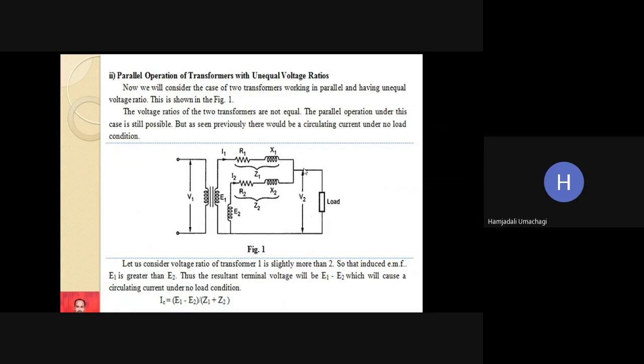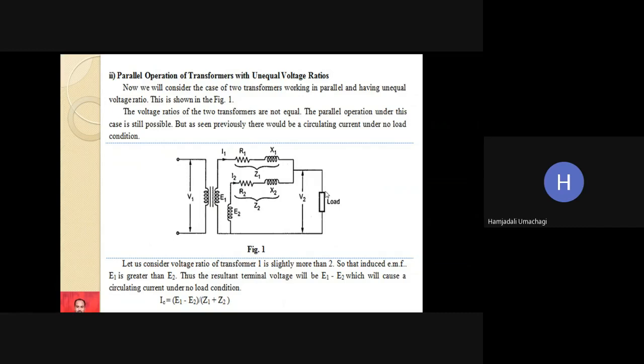At this point there is no notation for IL, but here you can see that we should draw the IL notation. So this will be IL. So IL is equal to the vector sum of I1 plus I2. IL is nothing but the current that is flowing through the load. That is, it is the sum of current I1, the load shared by the first transformer, and current I2, the load shared by the second transformer. So the sum of I1 plus I2 is the load current IL that is flowing through this load.